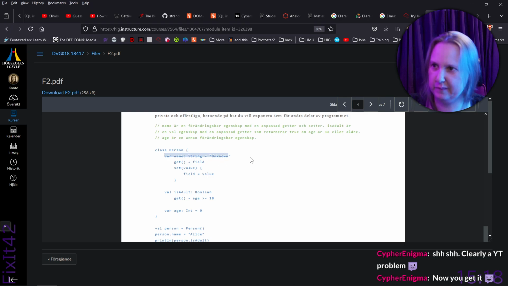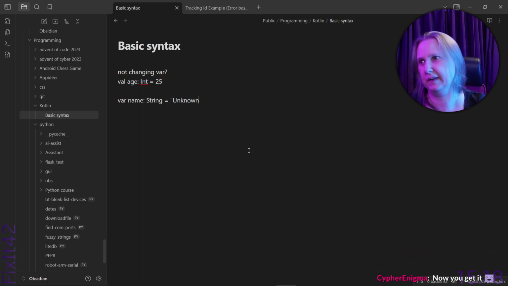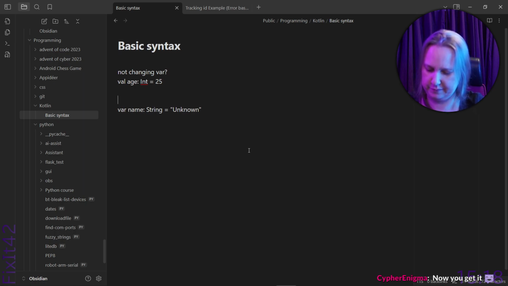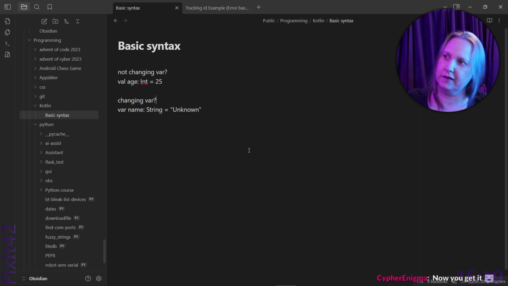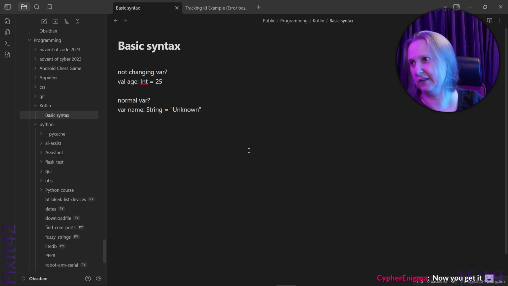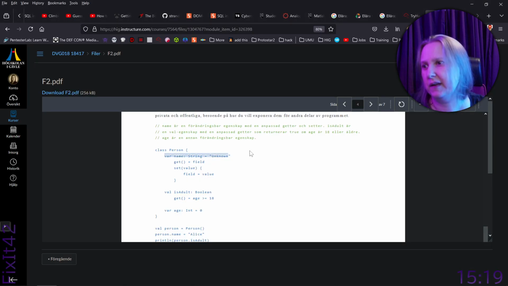So the selecting doesn't really work. So I can select the last character. So changing variable, let's do normal instead, right? Still question marks. We haven't tested them at all. Then we have